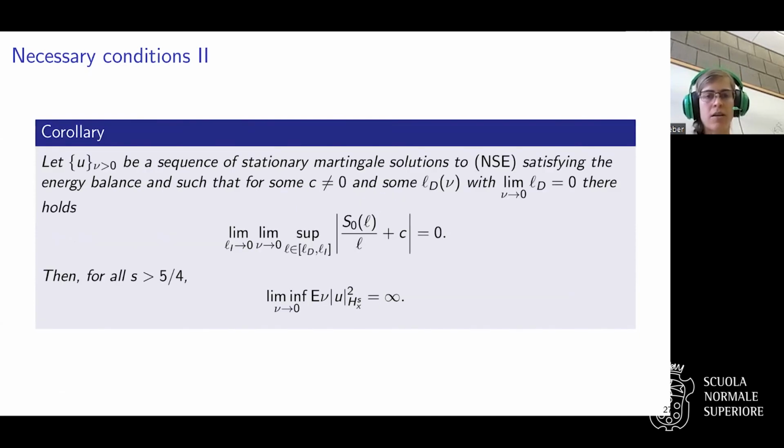On the other hand, if you assume the energy balance and that you have some sort of 4/5 law, so this is just the opposite of the previous one, then for S larger than 5/4, this quantity goes to infinity. So again, if S is equal to 1, then it's bounded, but if it's larger, then it goes to infinity. So you have some kind of irregularity. Okay, so now